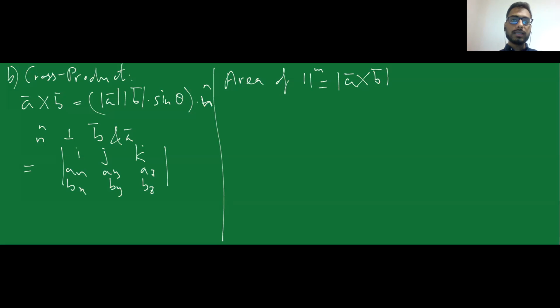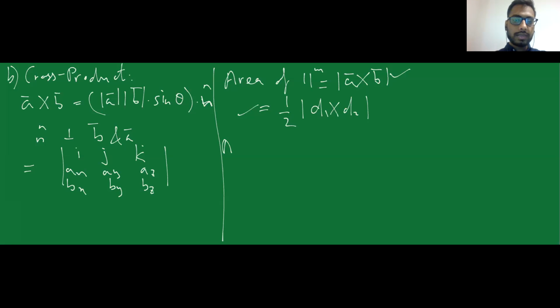Is there any other formula for getting area of parallelogram? Yes. The other formula for getting area of parallelogram is half multiplied with your diagonals, d1 into d2. So if two diagonals of parallelogram are given to you, you can use this formula, half d1 d2. If you know two sides of the parallelogram, then you can use the cross product formula. Sometimes out of these four, that is your two sides and your two diagonals, three of the things will be given and you have to find the fourth thing. So you can just equate them, and on equating you would get your fourth unknown term.